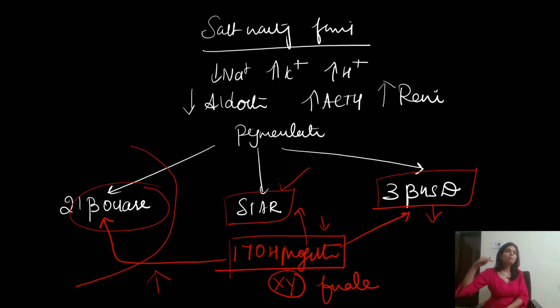But there can be some defects in the external genitalia, but it will be of male type. So if you see a genetic male presenting with male type of external genitalia, then it is 3-beta hydroxysteroid dehydrogenase defect, whereas a genetic male presenting with female external genital development is most commonly star protein defect.